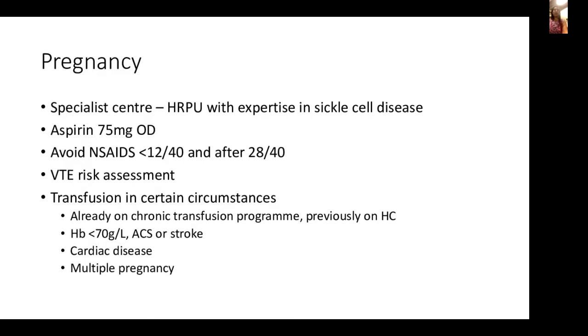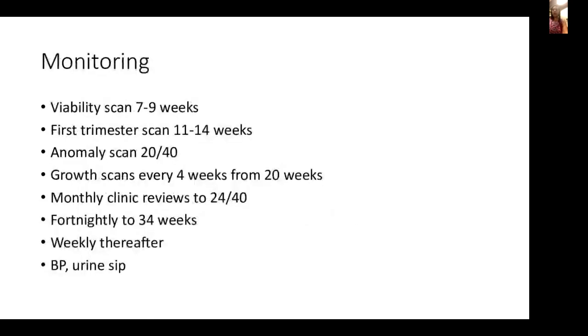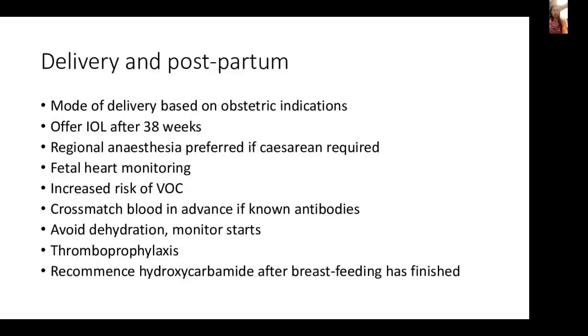And then delivery and postpartum. The mode of delivery is based on obstetric indications. So another way to put that is that you wouldn't automatically do a cesarean section. They can have normal delivery, but if they're in distress, you do a cesarean section. Offer induction of labour at 38 weeks because you don't want these ladies going post dates, really, if you can avoid it. And we would prefer regional anaesthesia if they're having cesarean, so as to not put them under general anaesthetic,